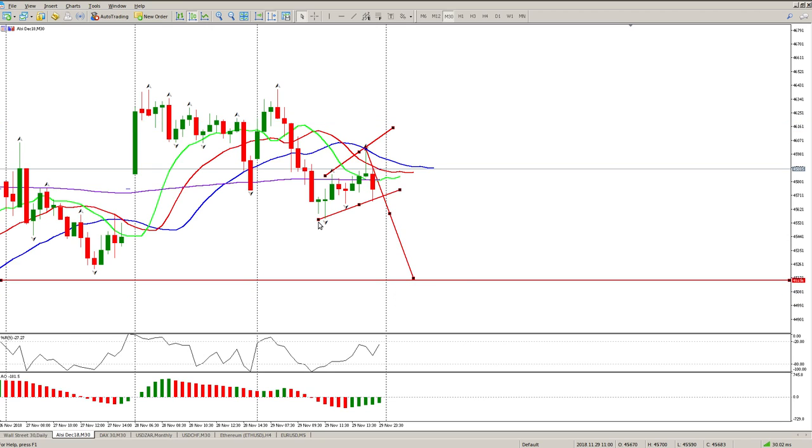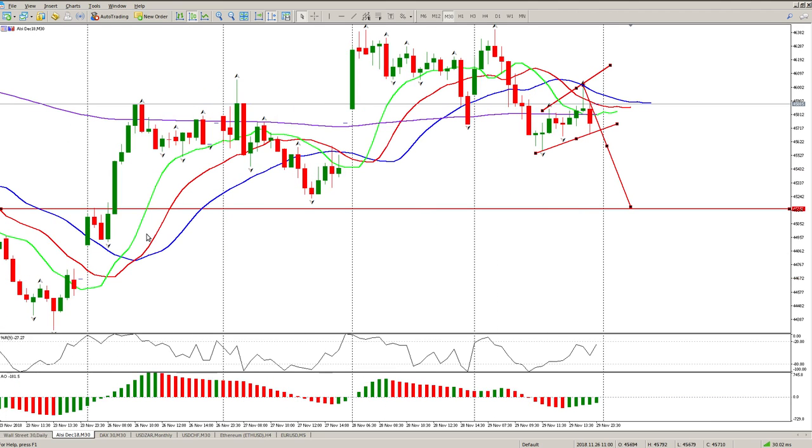Okay, so in other words, a break below this trend line is going to bring this low into play, but look how it lines up with the inside bar here. Okay, so this inside tail, that's my level, because there is no other inside tail. This is not an inside tail, this is just a swing low. The inside tail here is there. Okay, so that's the level.